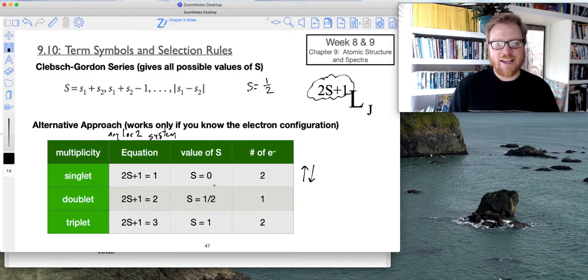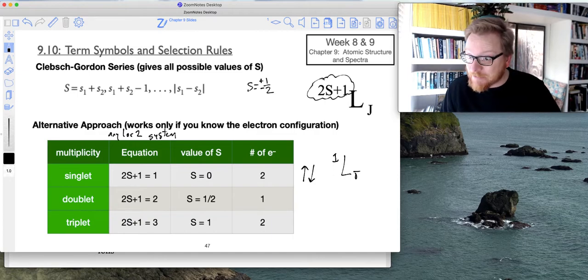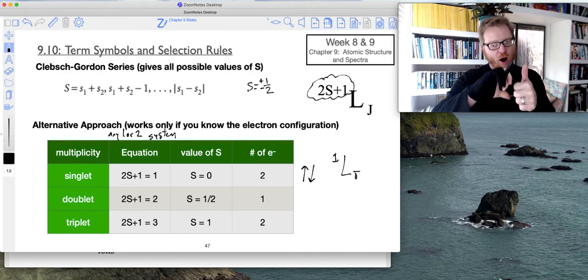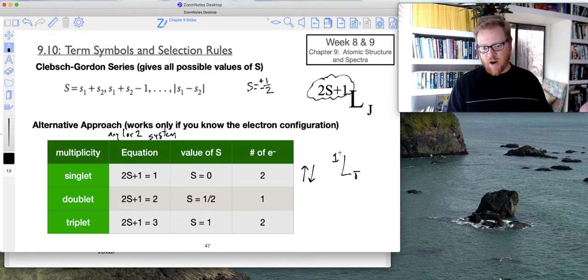Okay? And if you go and calculate S for this situation, you get S to be equal to 0. Oh, so excuse me. So S plus or minus 1/2, right? Okay. So both of those cancel out. S is equal to 0. And if S is equal to 0, 2 times 0 plus 1 is 1. And so on my main term here, if I wrote 1, and then I'm just going to write L and J, that number 1 tells me I have a singlet. So we don't have to do this 2S plus 1 if you already know the electrons are paired. If you already know the electrons are paired, that's a singlet, and we can automatically just put a number 1